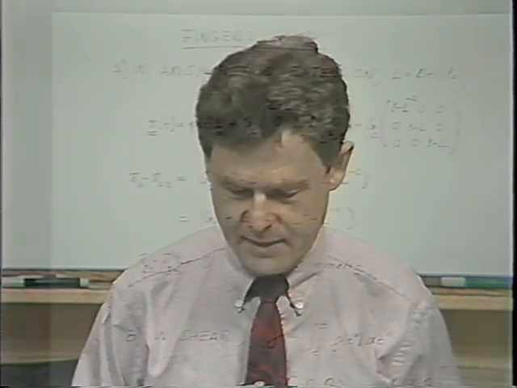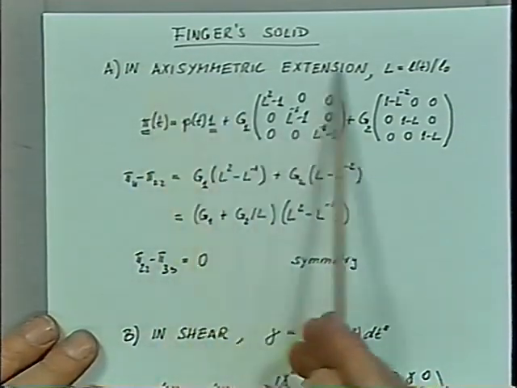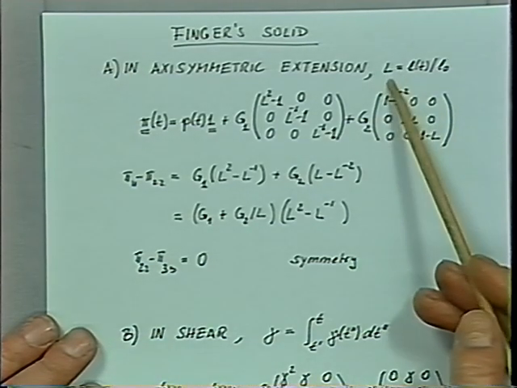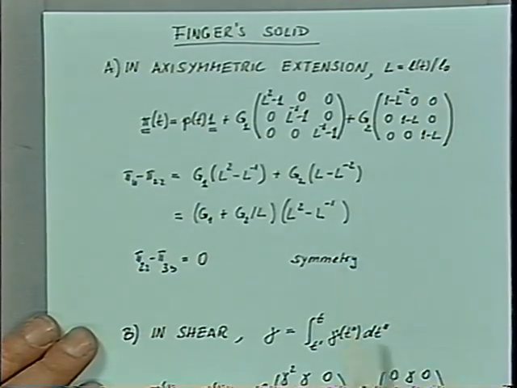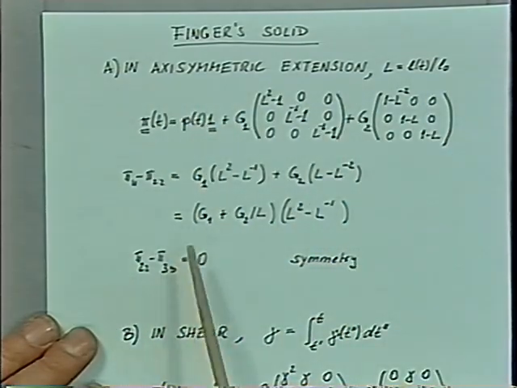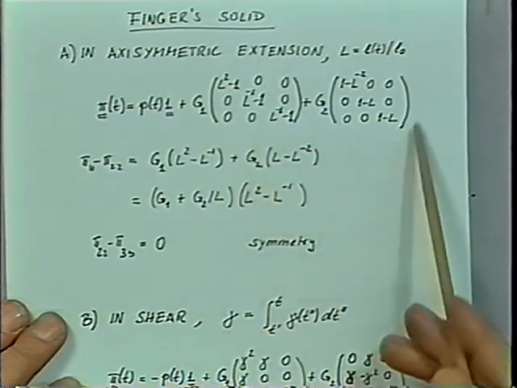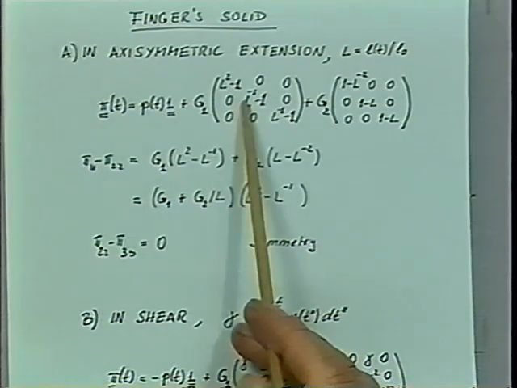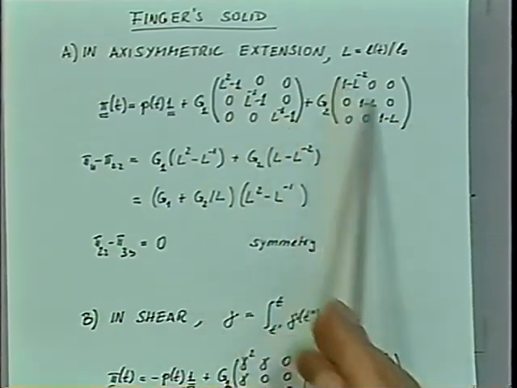Let's come back to the ideal solid behavior. The Finger solid here, the behavior of that material in axisymmetric extension, where the material is subjected to a strain or a stretch, which is given by L, instantaneous L over initial L. So the stress in that material is given as an isotropic contribution plus the Finger strain contribution minus the Cauchy strain contribution. And in this case, I already subtracted the unit tensor to make it more